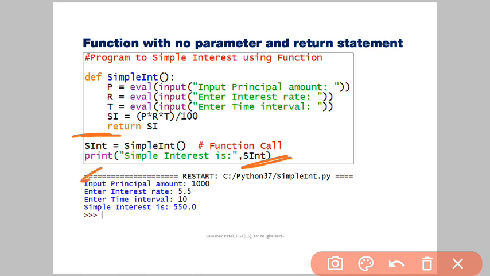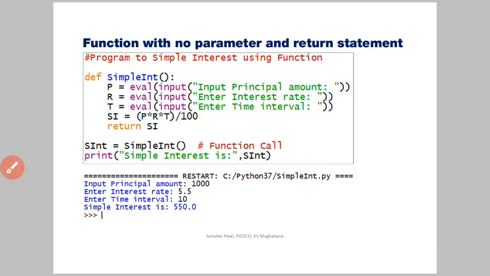When we run the program, then it is clear that simple interest is 550 when we are giving the principal amount as 1000, interest rate is 5.5 and time interval is 10. So it is clear that in this function we are not passing any parameter and we have used the return statement.